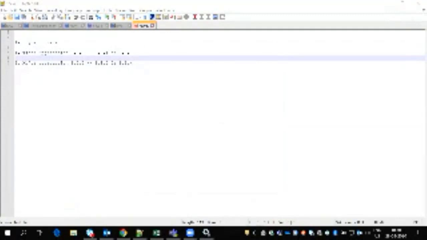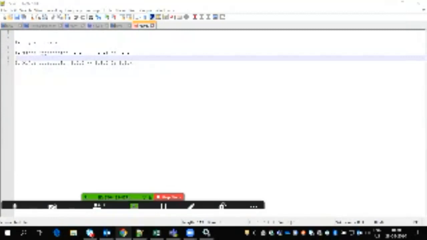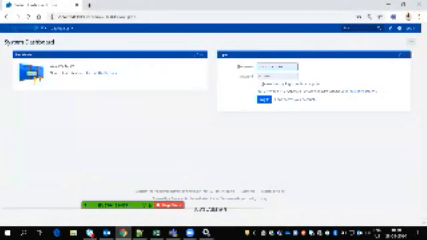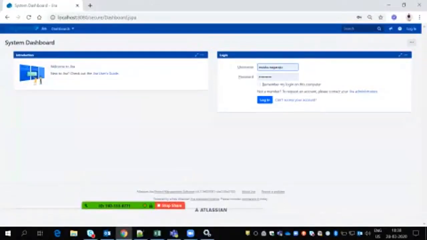See, when it comes to major and minor upgradations, a minor upgradation is like 8.0.0, 8.0.1, 8.0.2. A major upgrade means we upgrade from a lower version to a higher version, like 8.0 to 8.1, 8.2, 8.3, 8.4. In this case, we calculate that as a major upgradation. If you want to see your version, open your Jira, and you can see the version here, version 8.7.1.